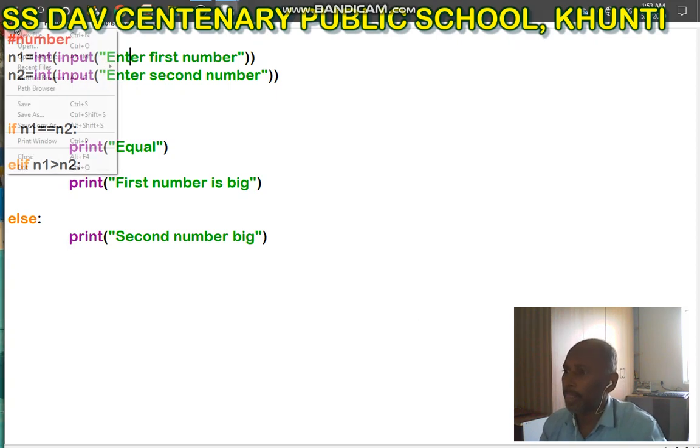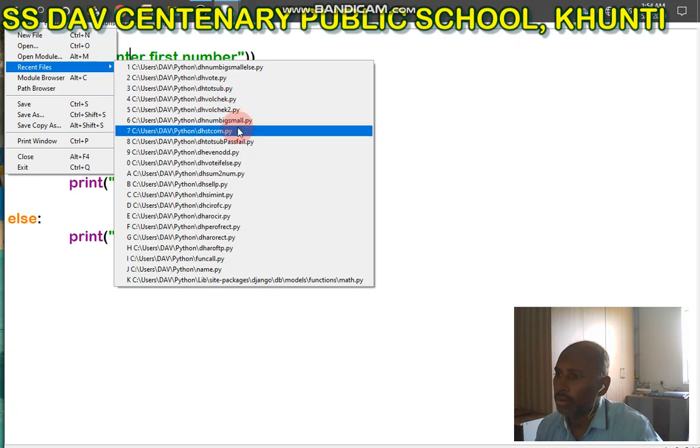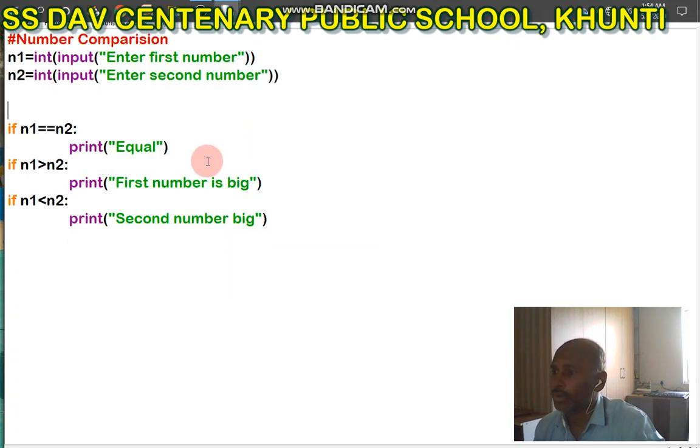Again, I have written this program by using only if statement. There is no concept of elif or else. N1 equal to N2, print equal. N1 greater than N2, print first number is big.